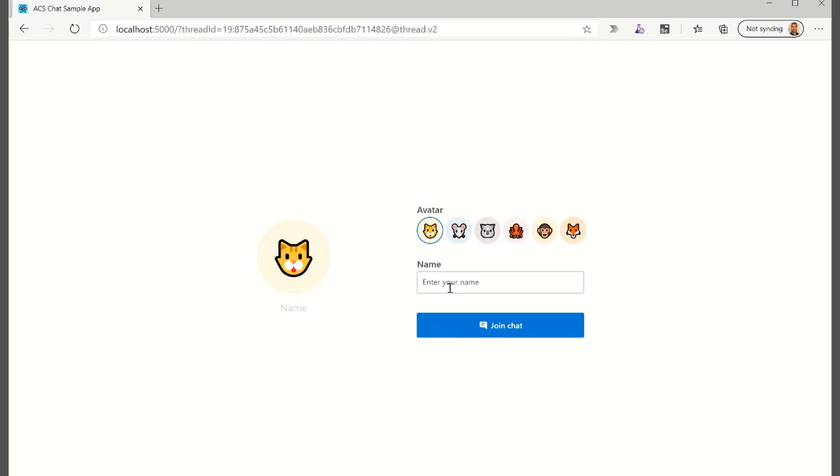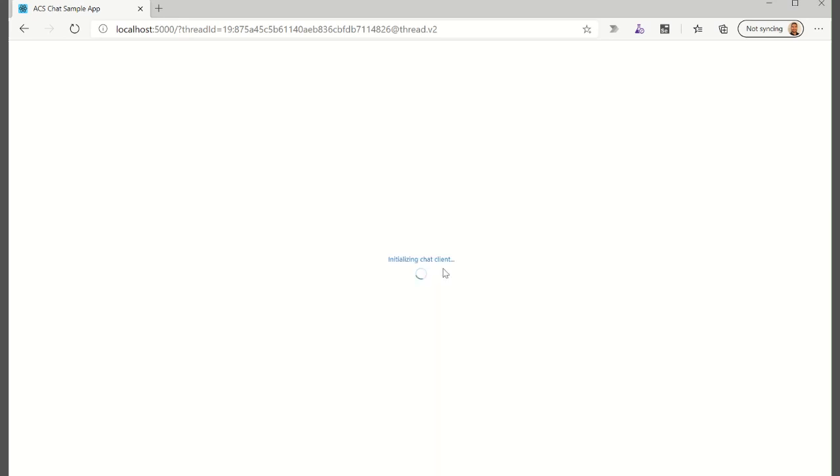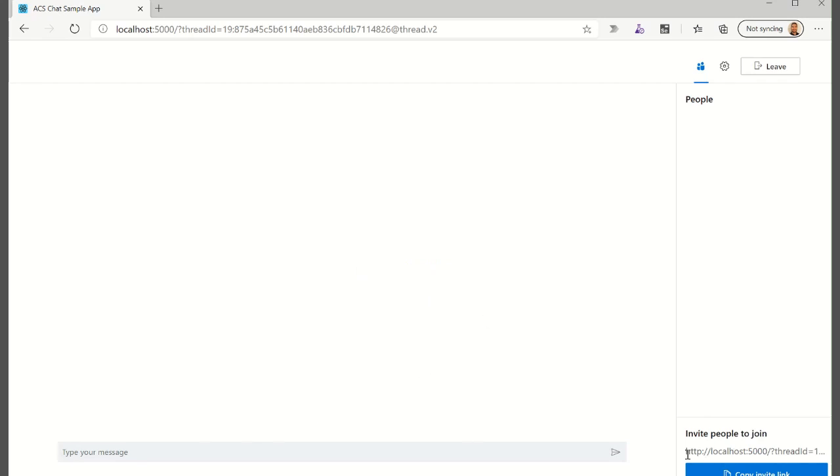And we'll see that stuff's running on the back end. It creates a localhost 5000 address with a thread ID. We'll put our name, and let's go with the Fox, and we'll join chat. Initializing the chat channel, and you could share with someone if you'd like. You could say hello world,